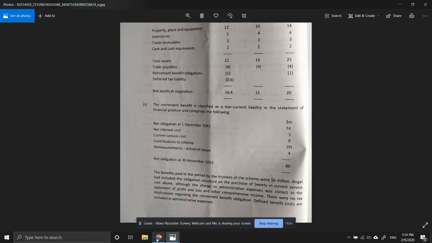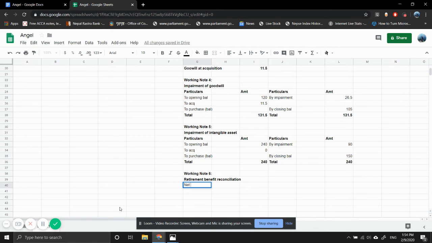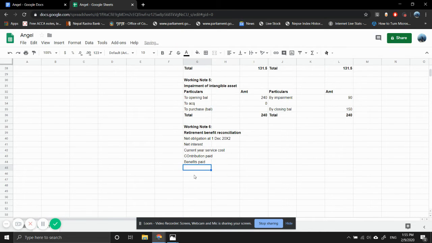Net defined benefit, net obligation at 1st December 20x2, and then we will have net interest, and then current year service cost, and then we will have contribution paid, and then benefits paid, and then when you add all this up,